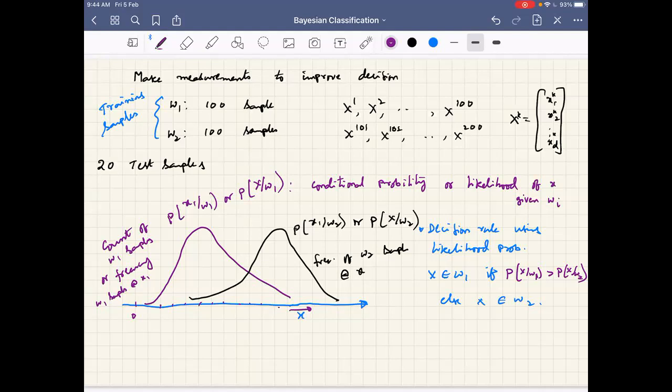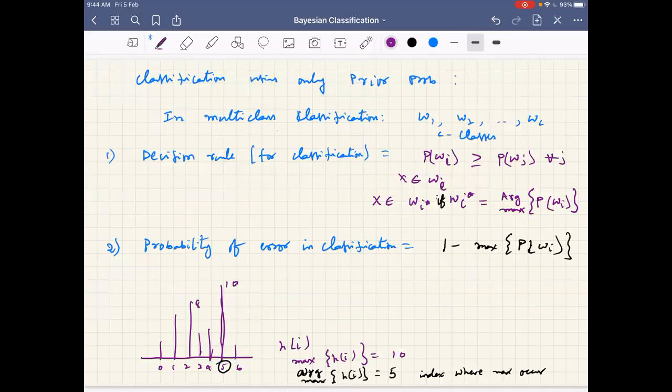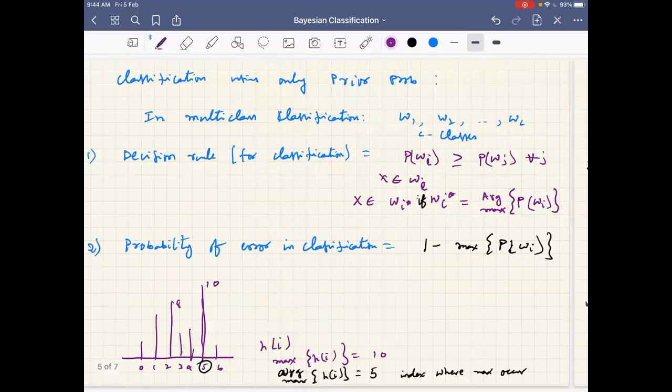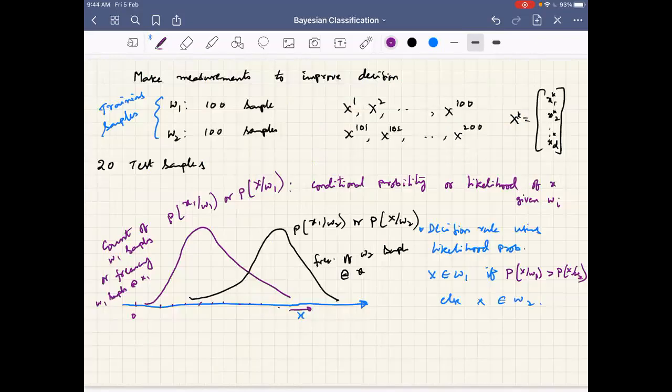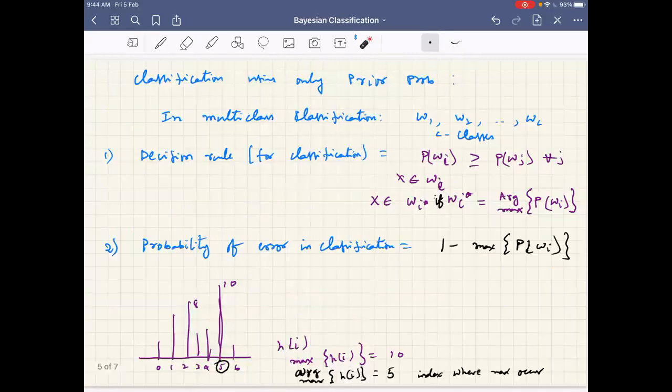Here it is a conditional probability. It is saying that at a given measurement, it's likely that it belongs to the omega 1 class rather than the omega 2 class. At this measurement, it is likely that it belongs to omega 1 class than omega 2 class. At this measurement, both are equally likely. At this measurement, it more belongs to the omega 2 class. So this probability is at the given measurement, whereas this probability is for the class.